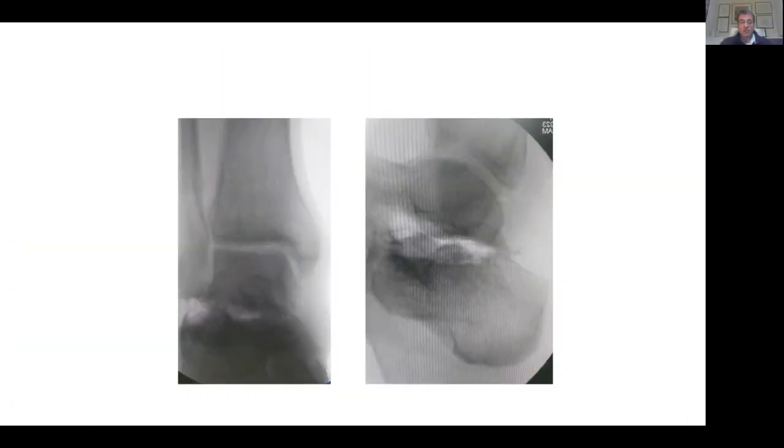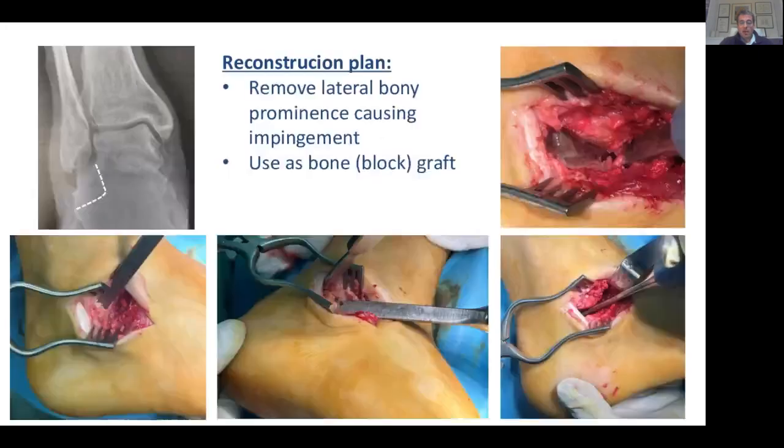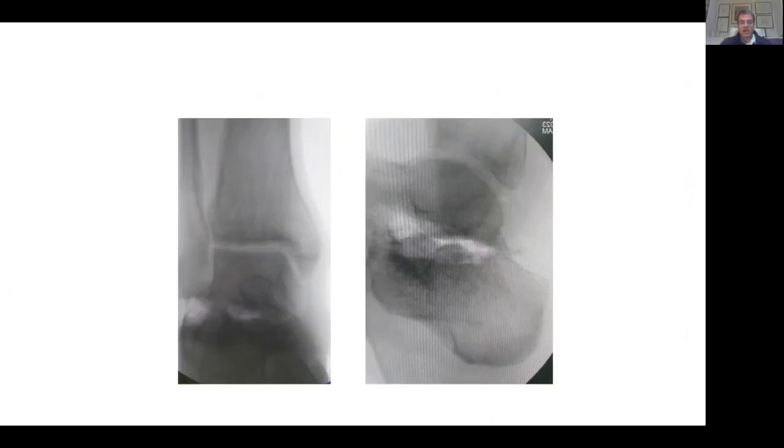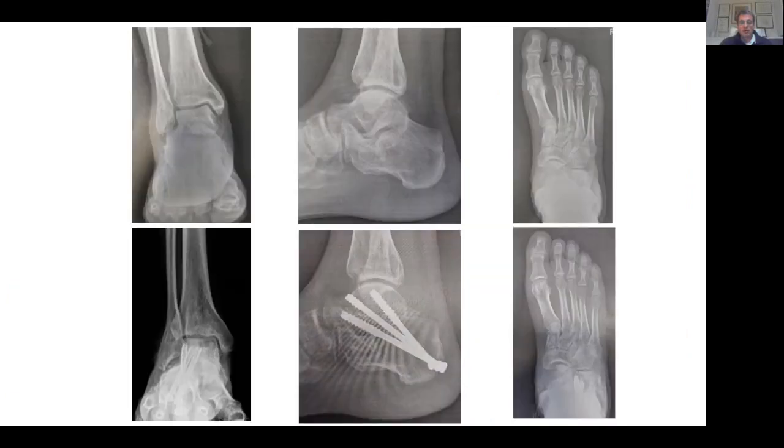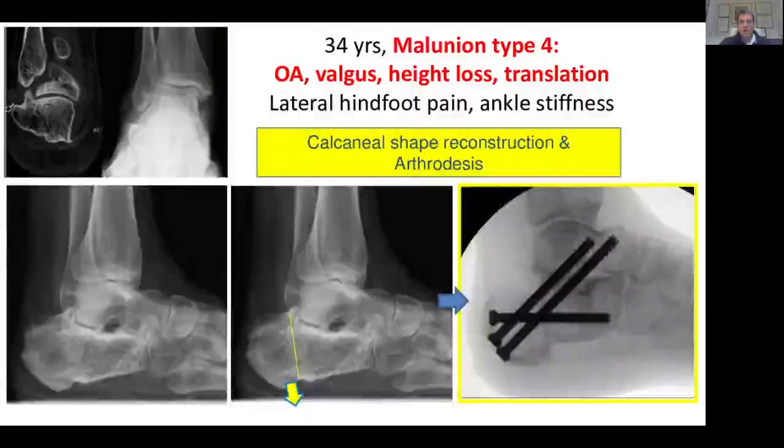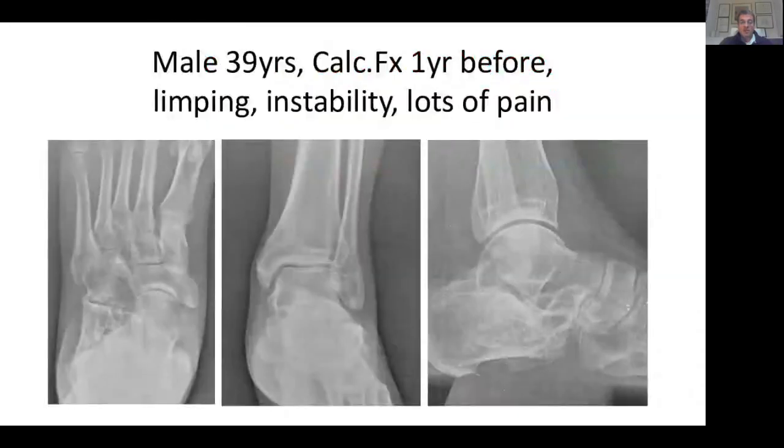If I go one slide back, on the picture on the upper right you see the FHL tendon on the medial side, and you distract the joint, you put the bone graft in there, and you fix it the usual way. I use 3 screws here because I was a bit worried about the patient being a smoker. Or in other occasions where there is a significant varus or valgus alignment, what we call a type 4 according to Stephens and Rammelt, then you have to add the calcaneal osteotomy, medializing or lateralizing, depending on the deformity.